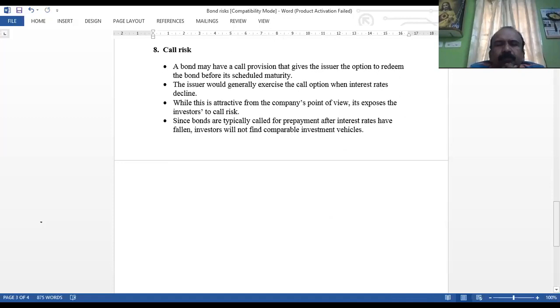Then another controllable risk that we have is call risk. At any time, the company can call back their bonds. At that time, the bondholders face a huge amount of risk. A bond may have a call provision that gives the issuer, the company, the option to redeem the bonds before the